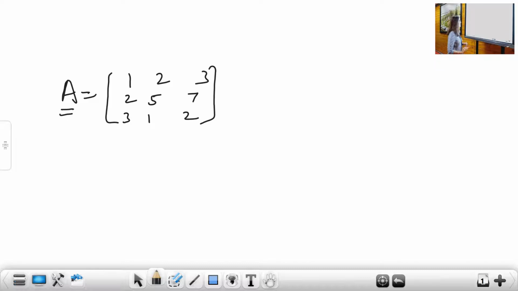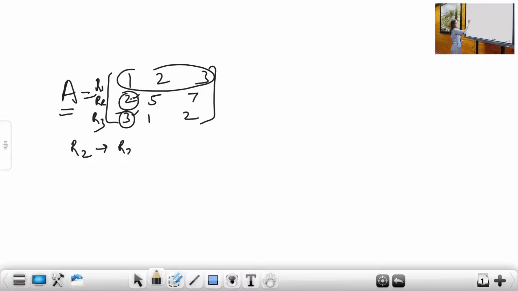Okay. Now, as I told you, this is called R1, this is called R2 and this is called R3. These are horizontal rows. Right? Now, suppose I want to bring 0 here and 0 at this place. So my target elements are 2 and 3 here, students, right? So what I will do is I will take help of R1 and I will make these two elements zeros. See how? What transformation? I am changing R2 to R2 minus 2 R1.